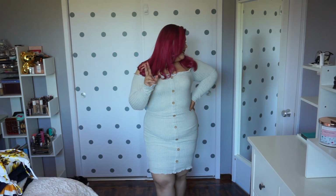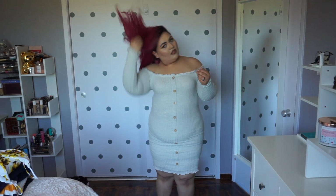But here is the Jackie dress. I got this in a size 2X. It is a really nice dress. Without shapewear, it was so much worse. So it is a really cute dress. I would totally get the black one, and they had a striped one I think last fall, so if they come out with that one again, I would probably get it, and I would probably wear it with some